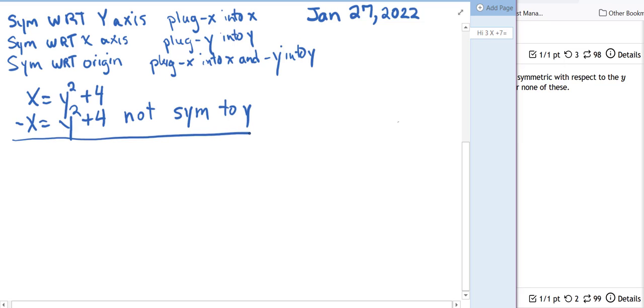Right? Then we will try it for symmetry with respect to, WRT is with respect to, the x-axis, and it says plug negative y into y. So our original is here, so keep your x, and for your y, we'll plug negative y in. When we clean that up, squaring that negative makes it positive, and that one does give us back the original. So it is symmetric to x,